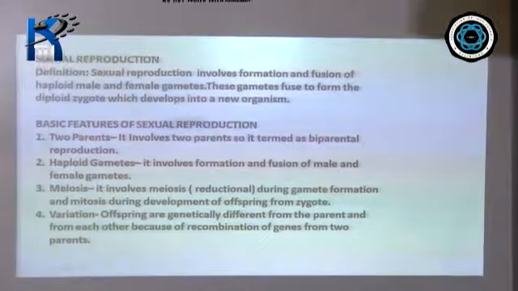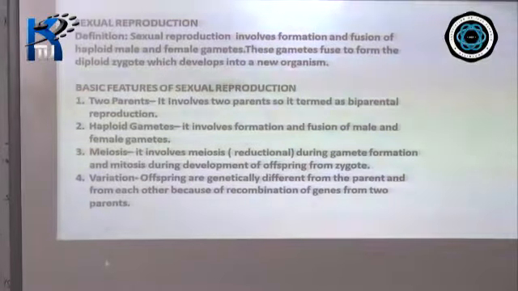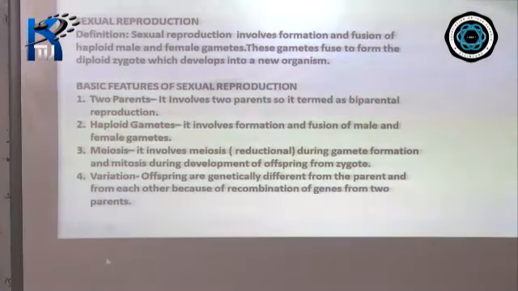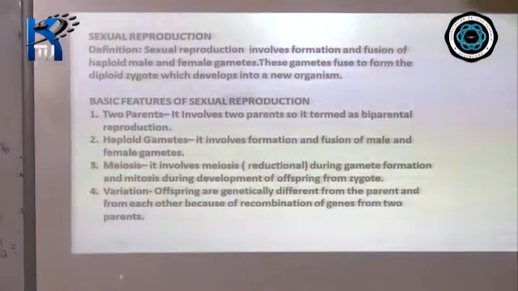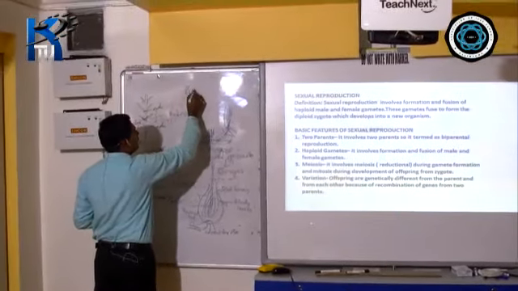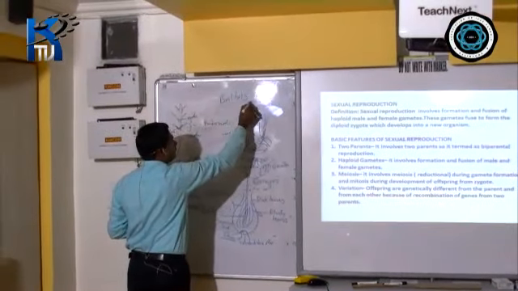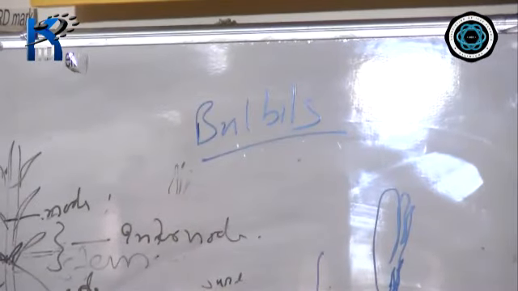In your syllabus, you also have bulbils. So bulbils, from where are they formed? Bulbils are formed from the inflorescence part. In a plant like agave, from the axillary bud of the inflorescence, the mother plant dies off, and from the axillary bud a new shoot emerges out, and you use the term bulbils. B-U-L-B-I-L-S. I have not made a slide of that, but anyway, you have bulbils in your syllabus.